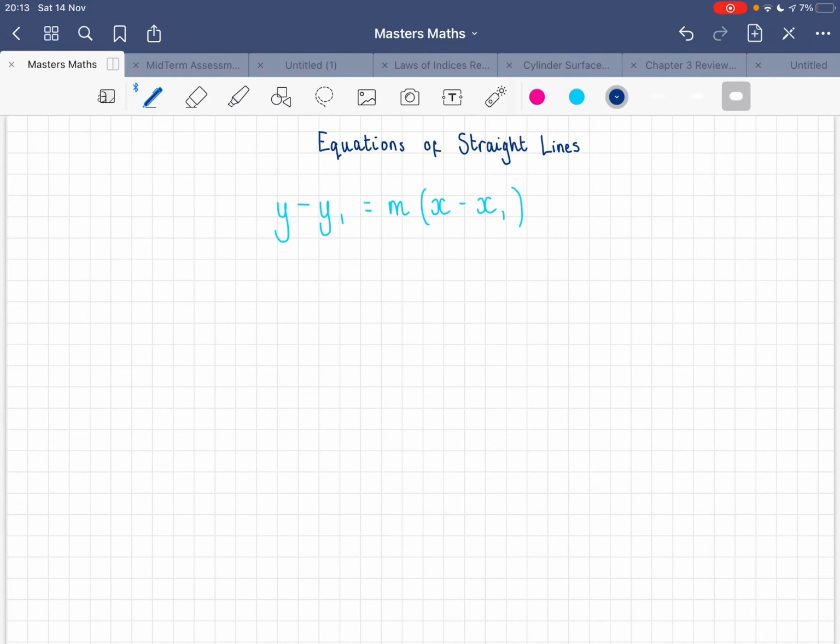Hey, today we're going to look at equations of a straight line. We are going to use a certain formula which will help us when we are doing A-level. And we can use this formula to find the equation of a straight line when we know either the gradient,